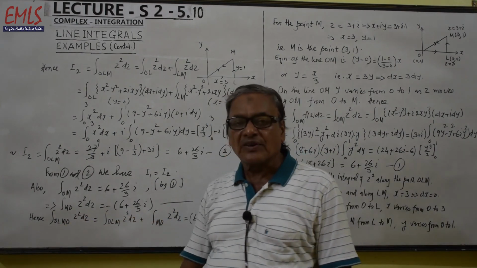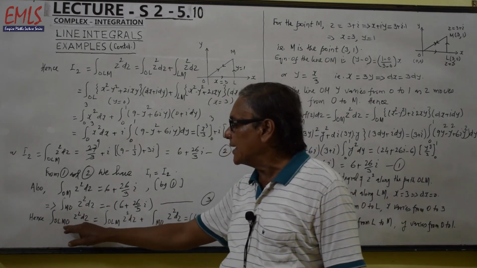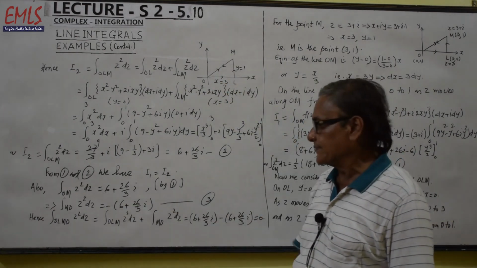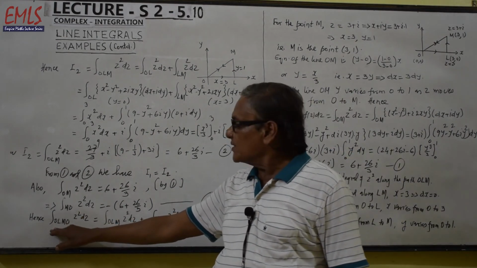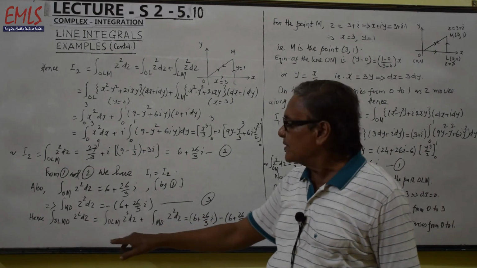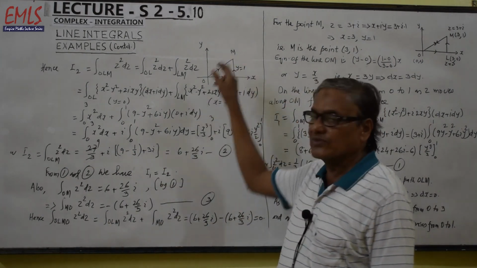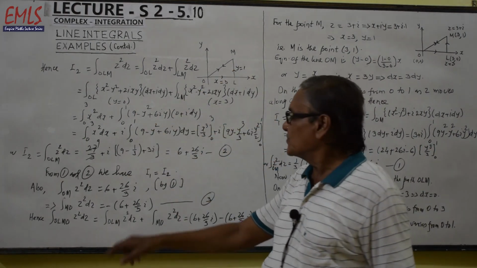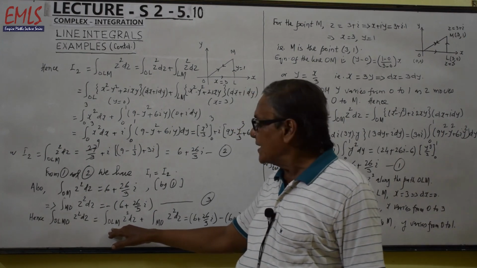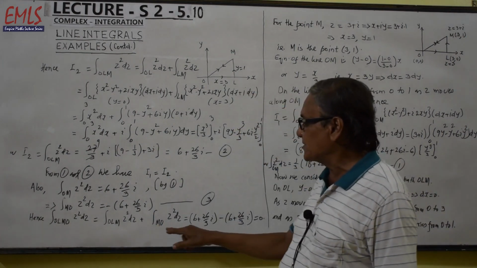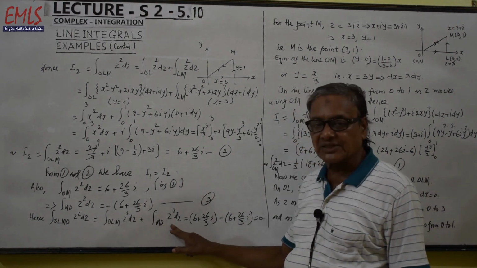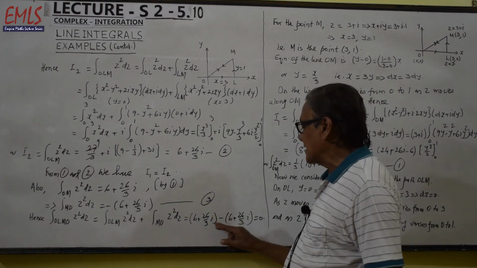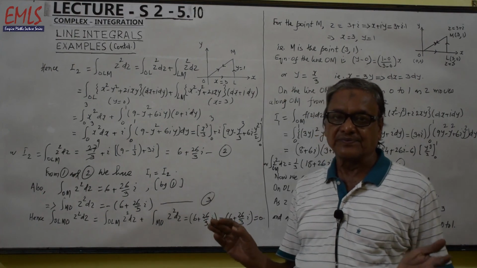Hence we want to find the integral of z squared along the path OLMO, along this closed region. So the integral along OLMO of z squared dz will be equal to the integral along OLM plus the integral along MO, in two parts. So it is the integral along OLM of z squared dz plus the integral along MO of z squared dz, and both are equal in magnitude but opposite in sign. So this minus this will be 0. This was to be proved. Okay, thank you.